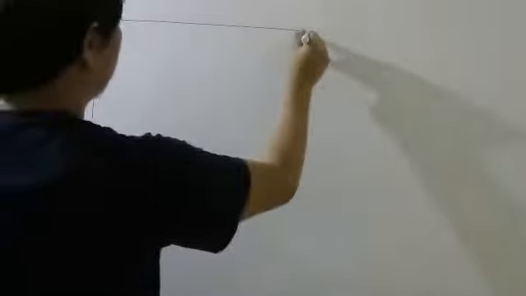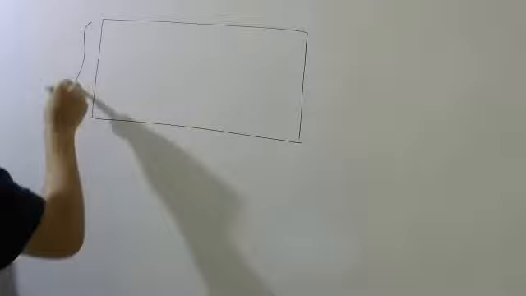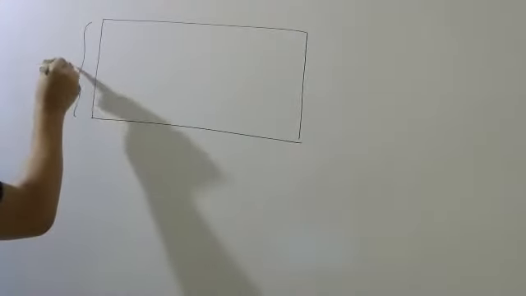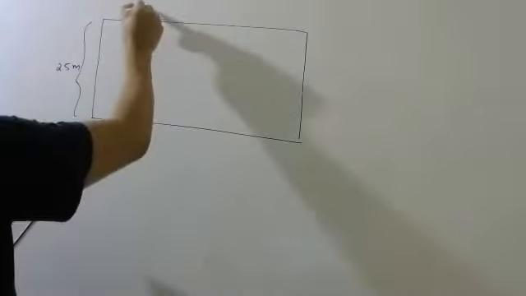See question number 3 now. The ceiling of a long hall is 25 meter high. So there is a long hall. I can't draw very long. The height is, how much did they tell? 25 meter. Let me write only 25 right now. Symbol I'll put later. This is the hall, okay?